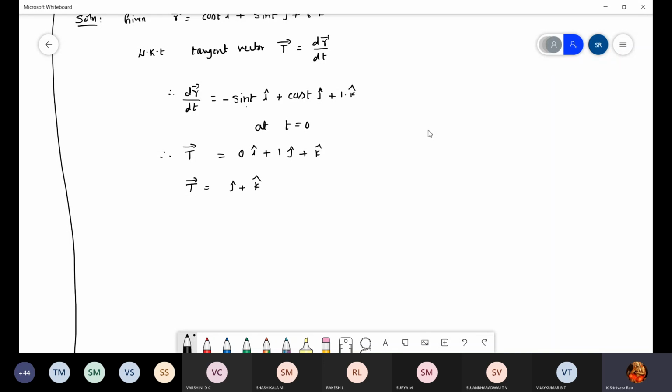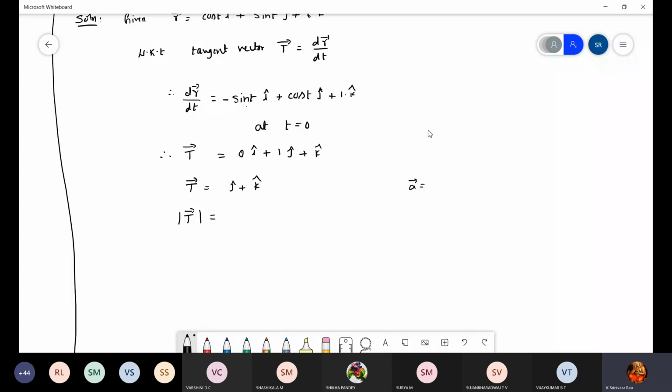If this problem, unit tangent vector, is asked for 6 marks, calculating the tangent vector up to here gets you 3 marks, and calculating the unit tangent vector gets you another 3 marks. For the unit tangent vector, you should know the formula: vector T divided by its magnitude. So calculate the magnitude here only. What is the magnitude of T? What is the formula? Root of a1 square plus a2 square plus a3 square. Everyone should know that, it is the basic.